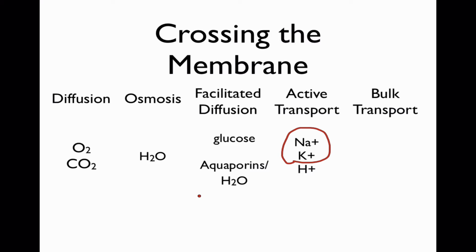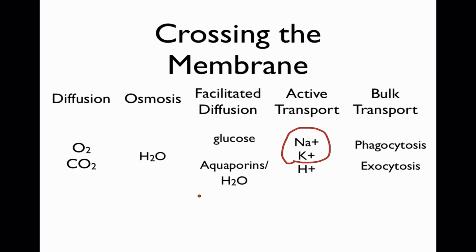We saw this in mitochondria and in chloroplasts. And finally, in bulk transport, we talked about certain cells that swallow other bacteria for food or as part of an immune response, like phagocytes, which are a type of white blood cell, or the exocytosis of vesicles, which are